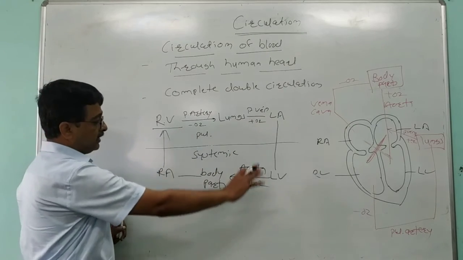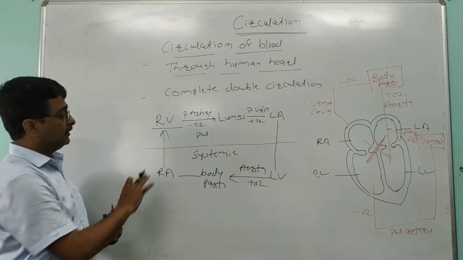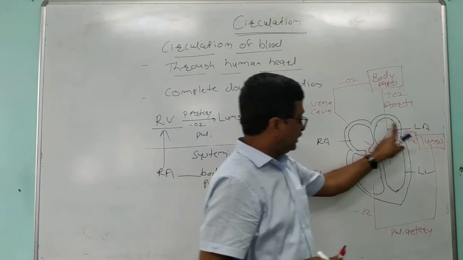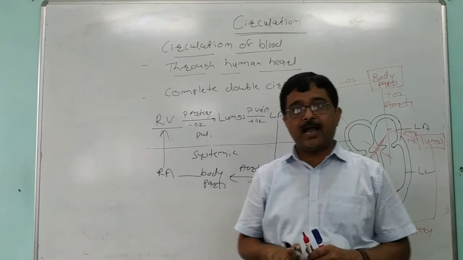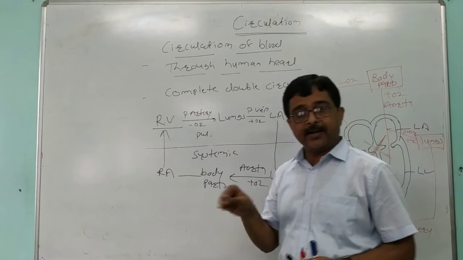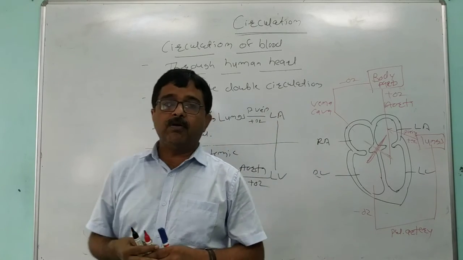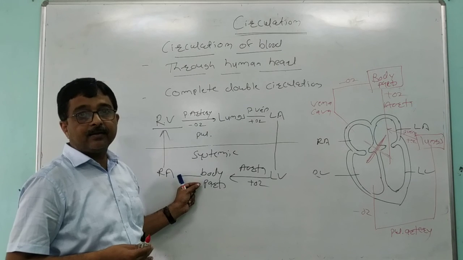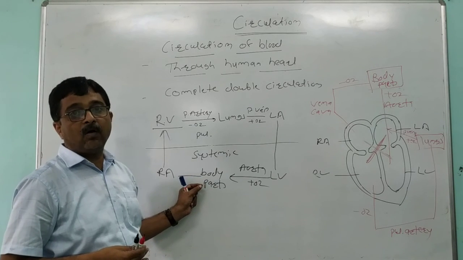So this is double circulation in human beings, systemic circulation and pulmonary circulation. We are describing it with the help of a diagram as well as we also study it in a tabular form. Now in the next session we will discuss the conducting system and the cardiac cycle of human